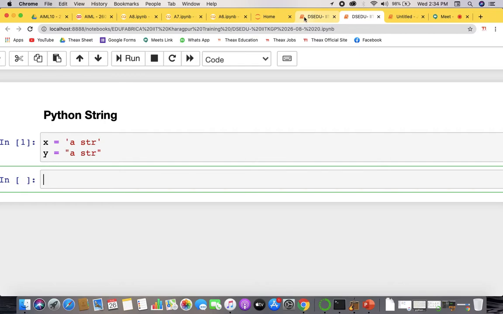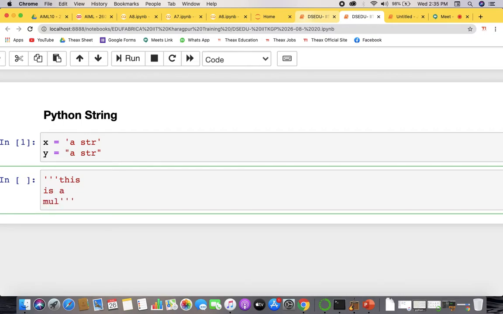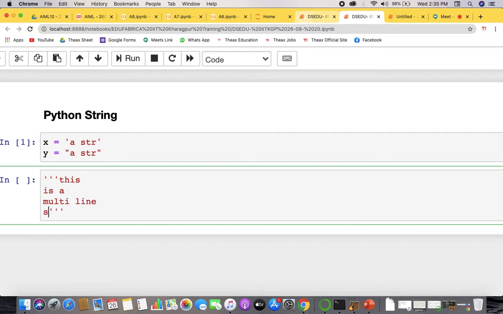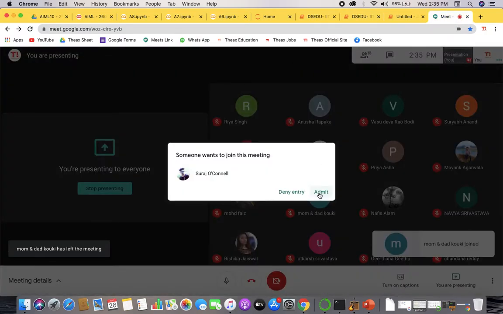When you write a multi-line string, you use triple quotes and then write: this is a multi-line string. The \n you see is basically used to print a new line, if you know these things.